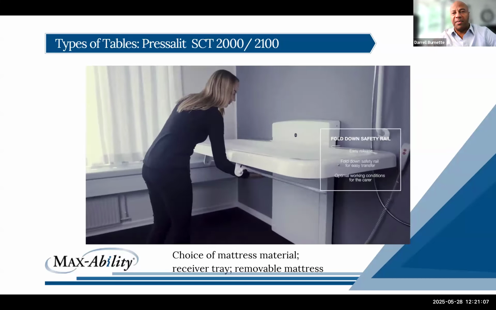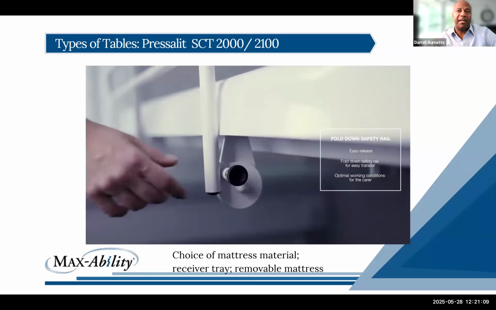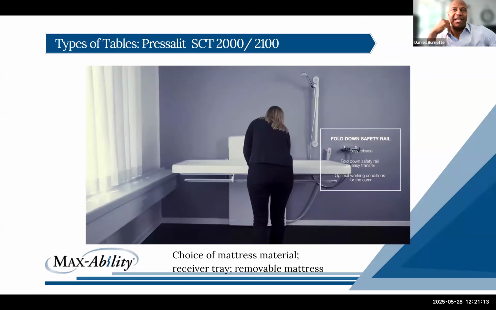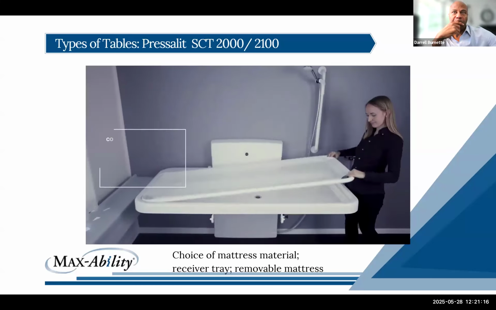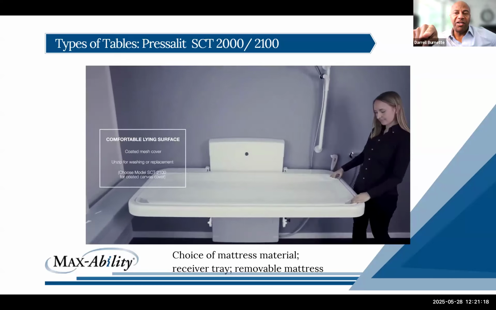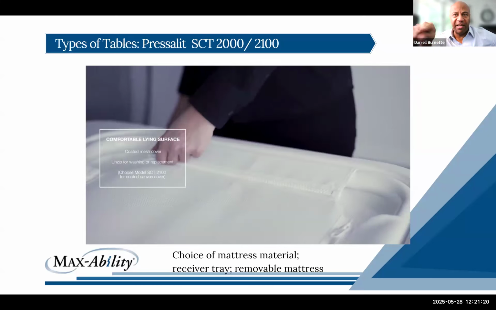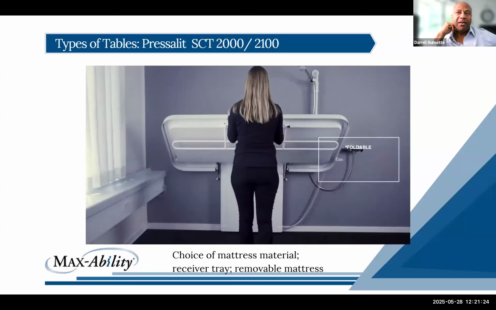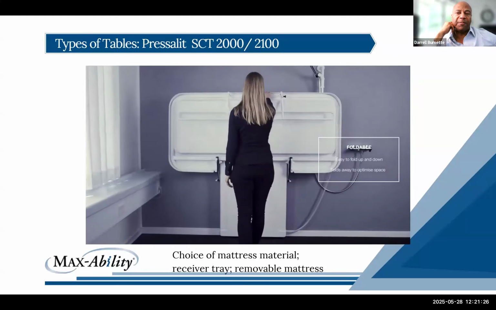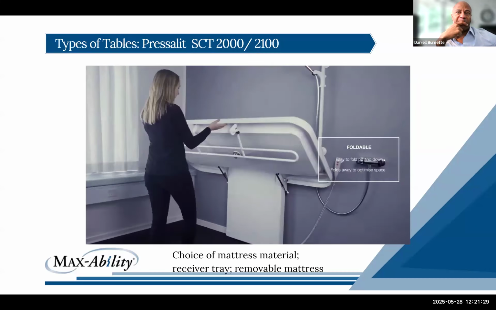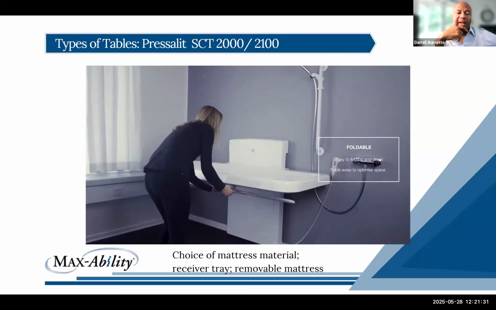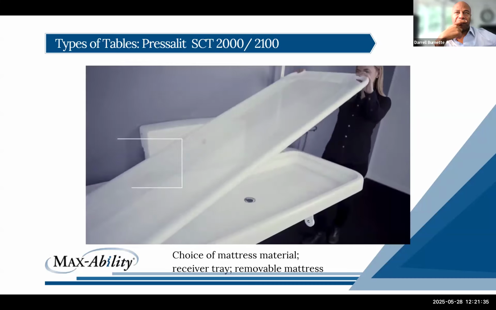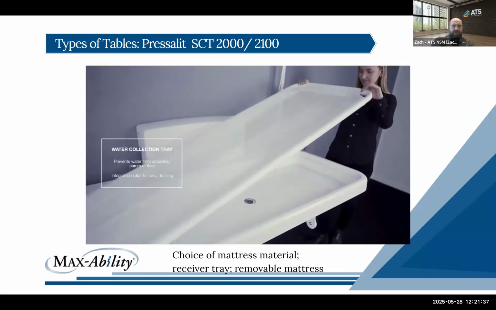The side rail clips underneath, but it's not as robust because it won't take as much traffic as the 3000. So that insert, that mattress, zips on: mesh for shower, coated canvas for public wipeable use. So this is the Presslet 2000/2100. The coated canvas that you mentioned, is it